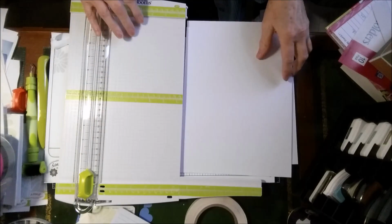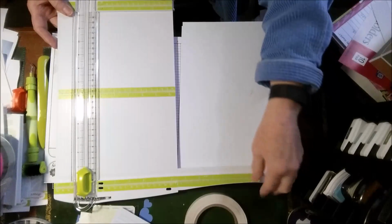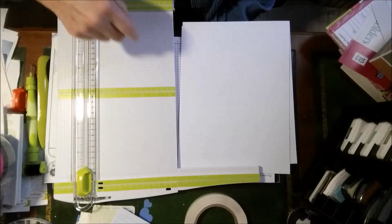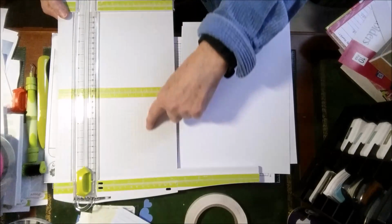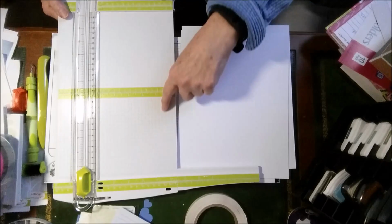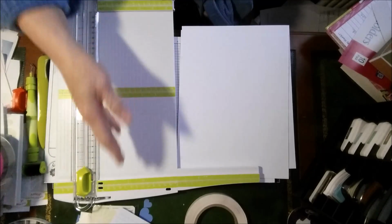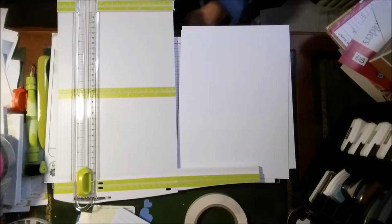Journey paper trimmer, which I absolutely love. I love the fact that this is very stable. It's level with the side. It measures in inches and centimeters. And then also they've got the marks here for your A2 size cards. This line that comes down here is at 4 1/4, and this line that comes down here is at 5 1/2. So it's just so easy to cut your cards. There's also a ruler around the middle, so you can make sure your cards are lined up. And if you don't trust these lines, at least you can have the ruler here. And it's just a great